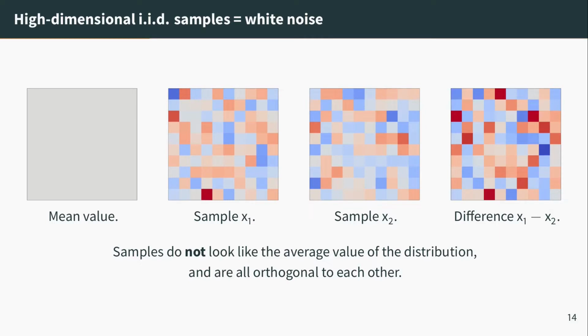And finally, on average, all those Gaussian samples are orthogonal to each other. So if you take the dot product between x1 and x2, it's going to be very close to 0, at least compared to square root of d. Obviously, this is only possible because we are in a high-dimensional space. Otherwise, it wouldn't be possible to fit many different samples that are all orthogonal to each other. So this is an intuition that is completely different to what you're used to in dimension 1, 2, or 3.